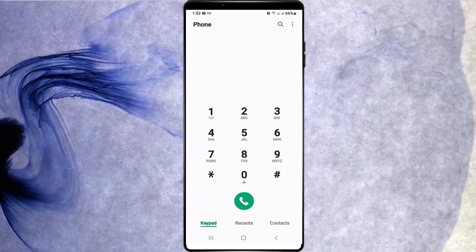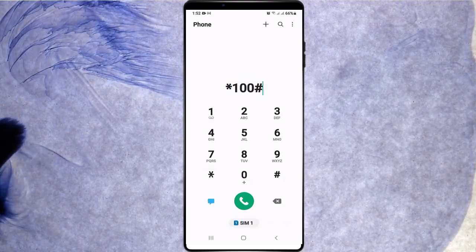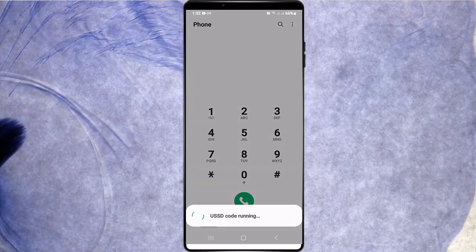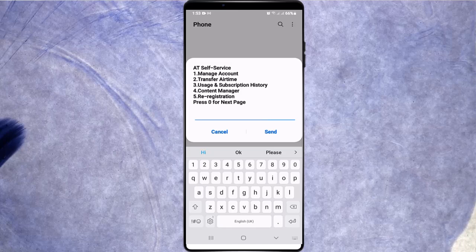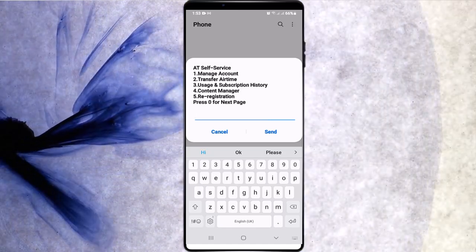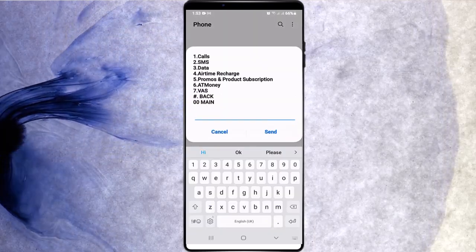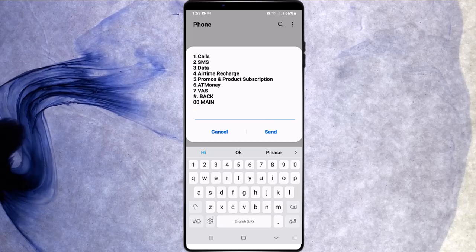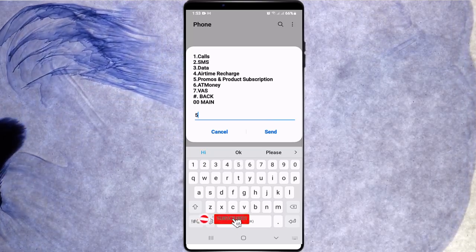So if you are on AirtelTigo too, this is what you do. You dial *100#. Then you send. Then you go in for option number 3, which is usage and subscription history. And after that, you go in for option number 5 or option number 7. So when you go in for option number 5,